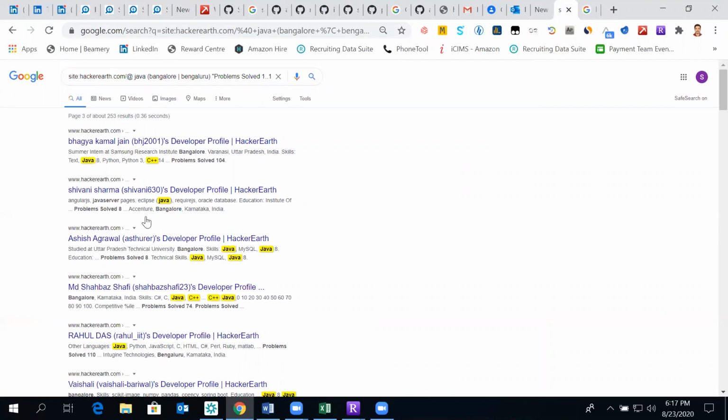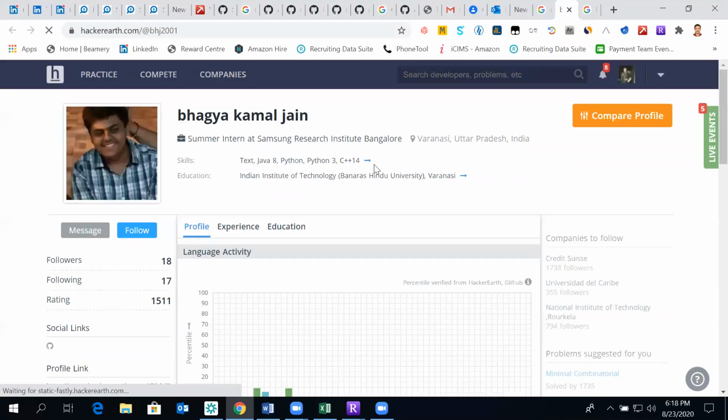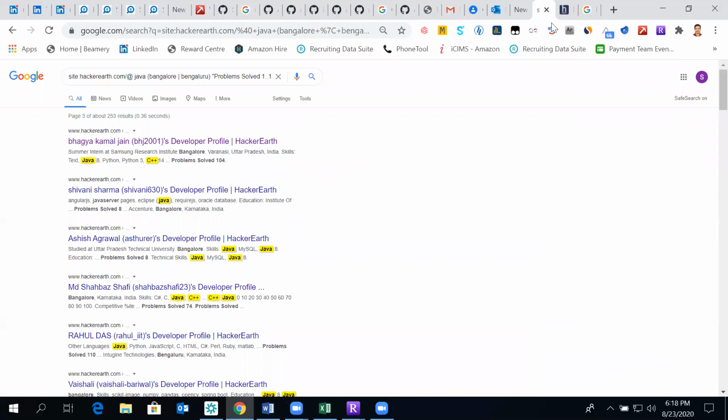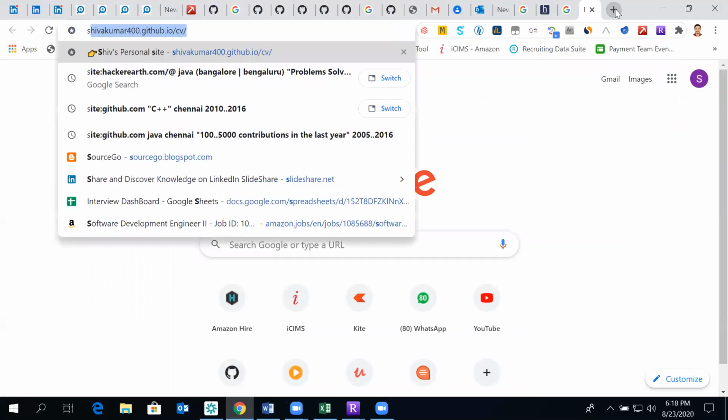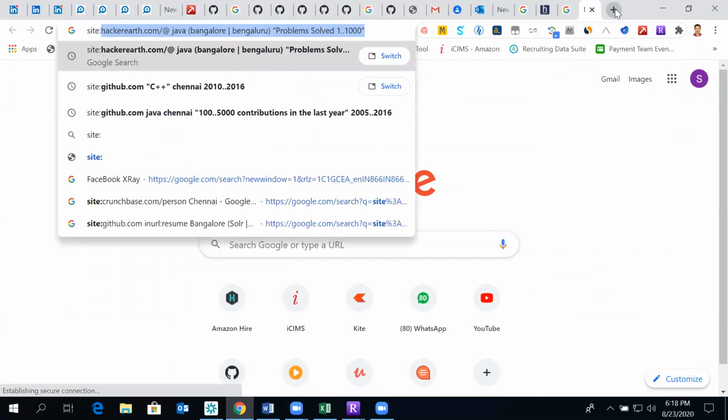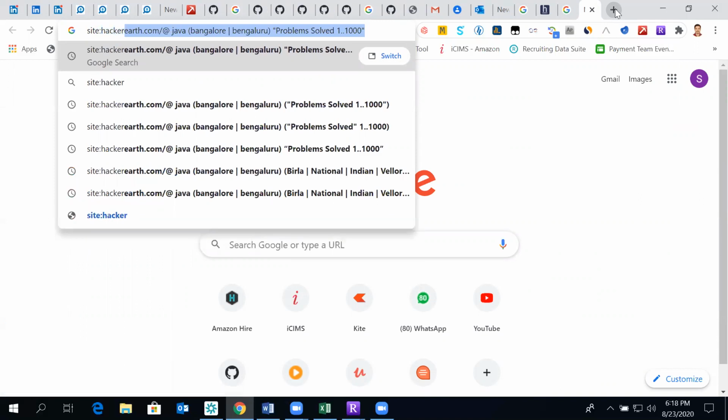No, this is the Google page. See, after clicking on it, we'll be able to see the complete profile. But from the Hacker Earth website, we cannot do the scraping. Let's see. This is Hacker Rank or Hacker Earth?